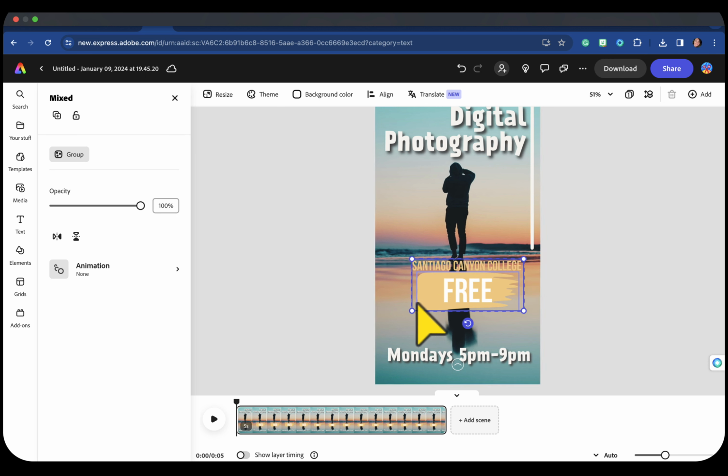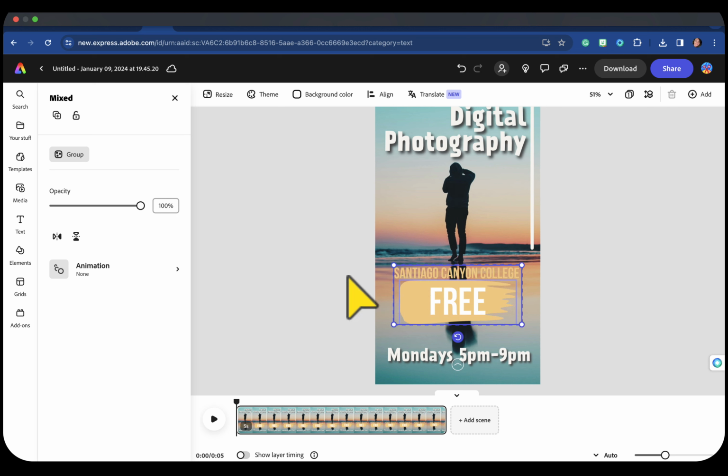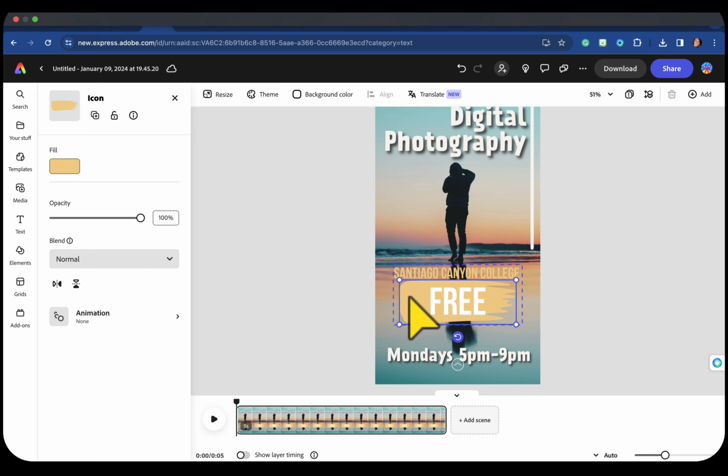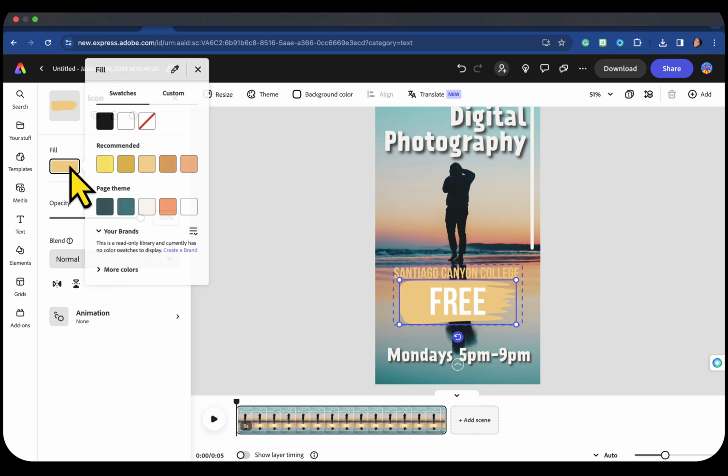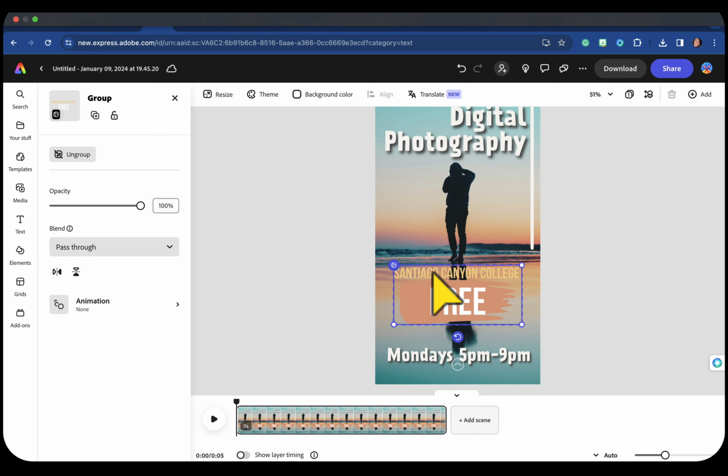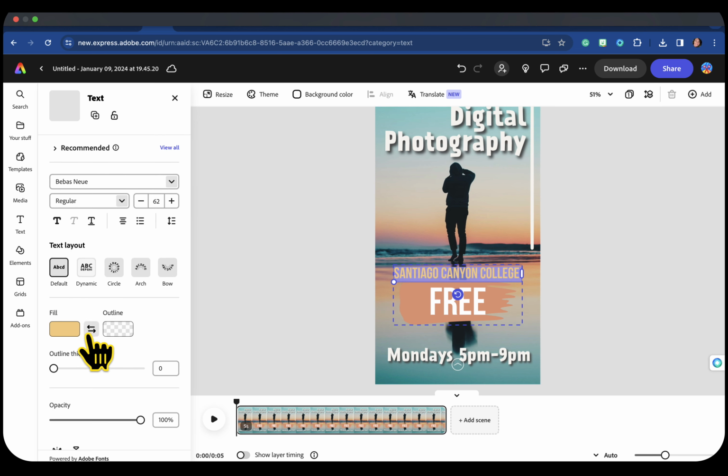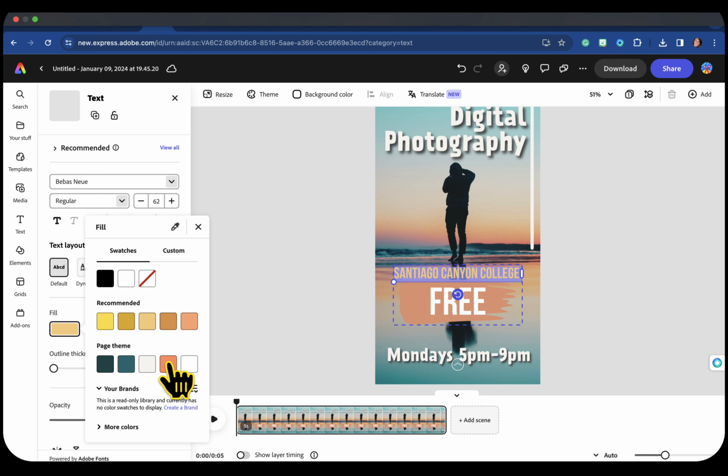Okay, so the other thing is I feel like the color is a little bit off. So let's kind of play around with the color on this. So I clicked on where it says free. I'm going to click on right here. I'm going to go to the custom tool and let's play around with the colors. They're already built in to this. And let's do the same thing. That color is going